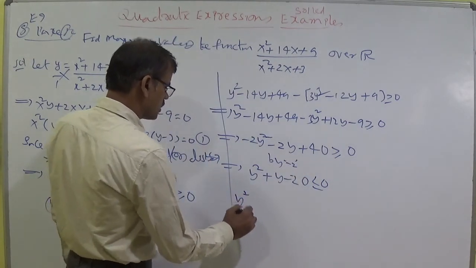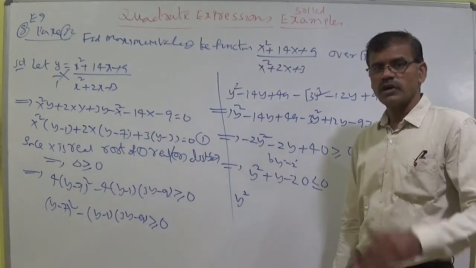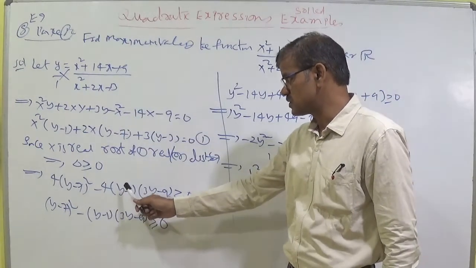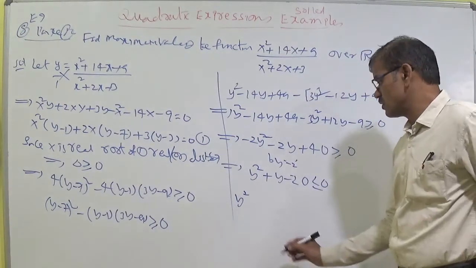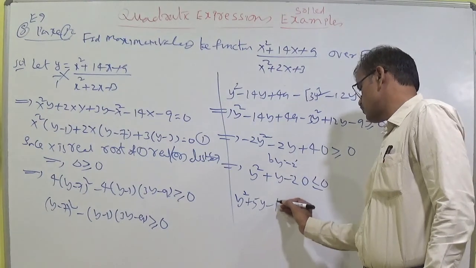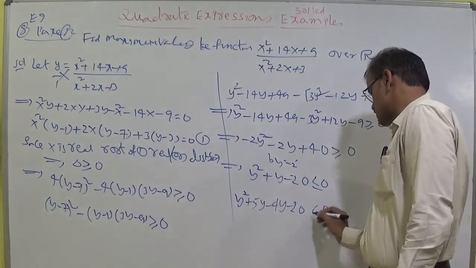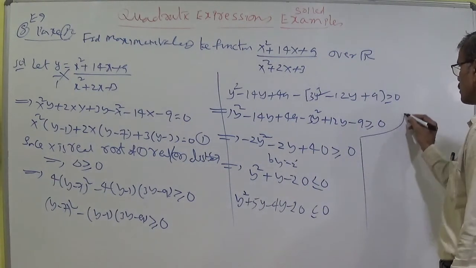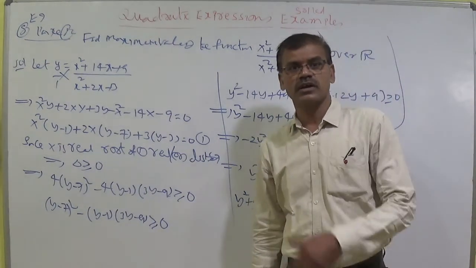Now take the factors like this. While doing the same sum in the exam, this is first step, this is second step, this is third step, this is fourth step, like that you should do. Y square plus 5y minus 4y. Then automatically you can understand and verify the options. Whenever less than or equal to 0, it lies between, open interval or closed interval, belonging to. Whenever greater than 0, the value does not belong to, that concept.